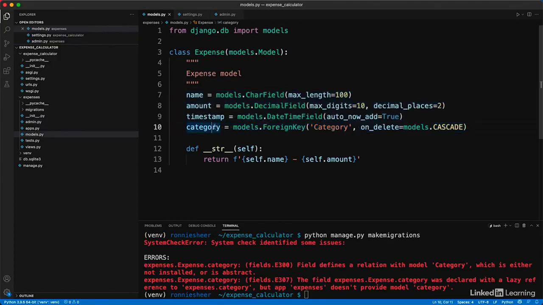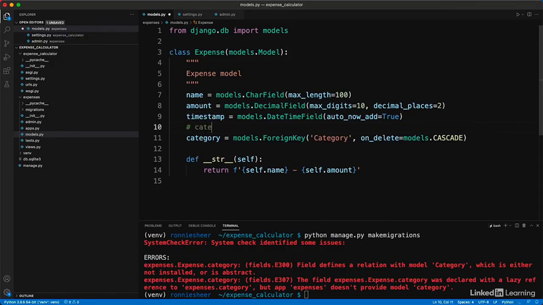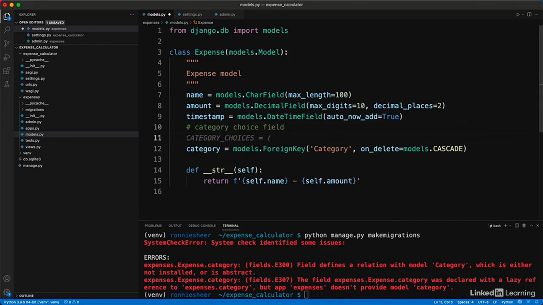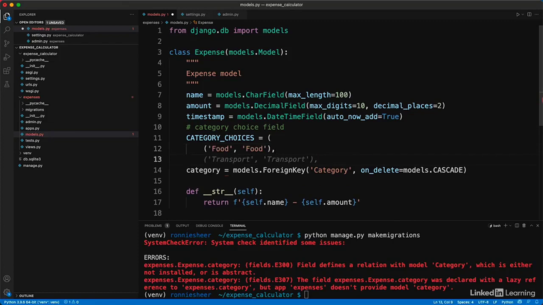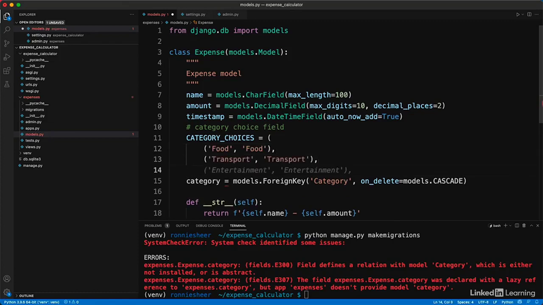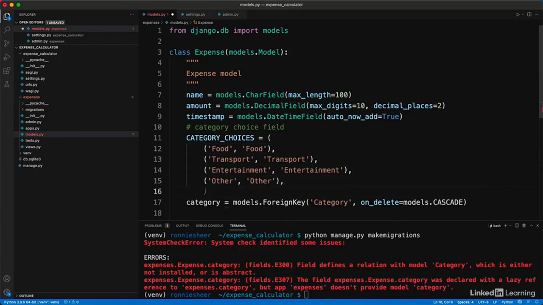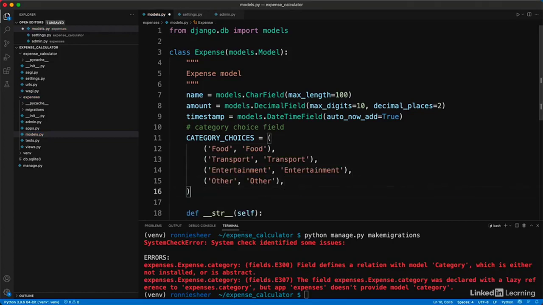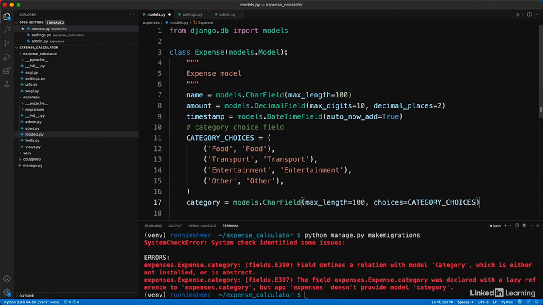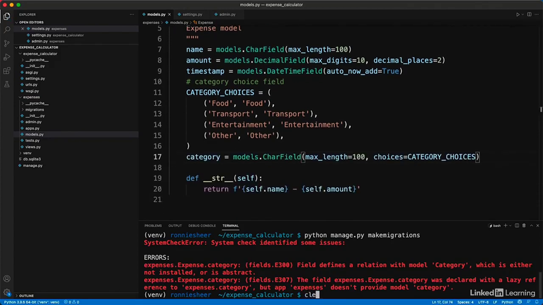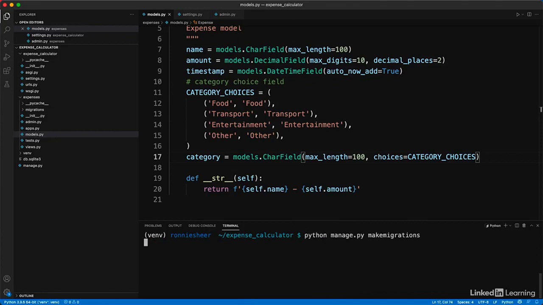So it actually wants to create a category for the expense as a foreign key. And I actually think that is not a great idea, Copilot. So I'm going to say category choices field, and I'm going to tell Copilot category choices. Let's say food is an expense category I wanted, as well as transport, as well as entertainment, as well as other. And now we have to rewrite category. Now that looks about right, and clear my terminal, make the migrations, python manage.py migrate,